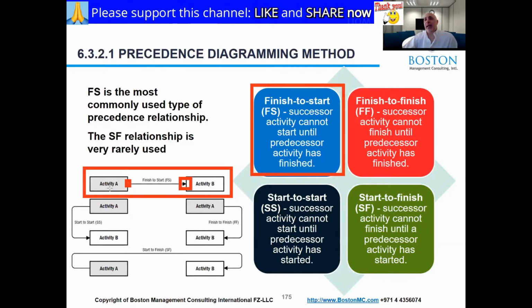So it's saying activity A has to finish before activity B can start. So if the activity A was 4 days and activity B was 5 days, you will need 9 days to complete them. Now, sometimes we don't have that kind of dependency. Now, most activities will be like that, but you could have situations where something can start and the